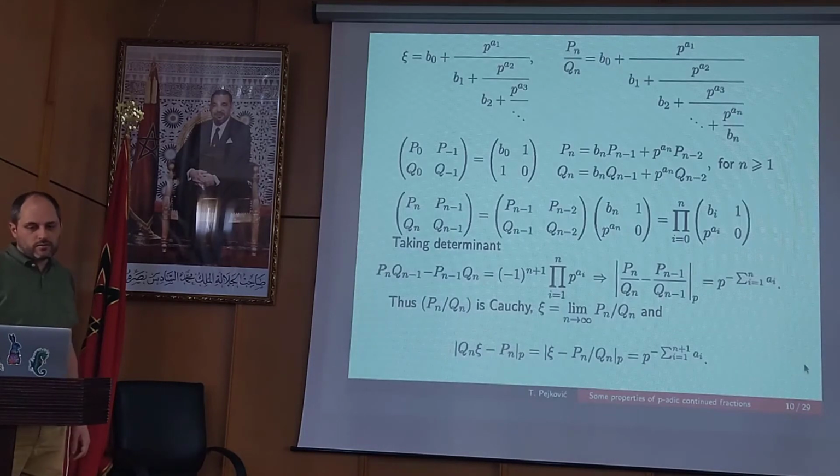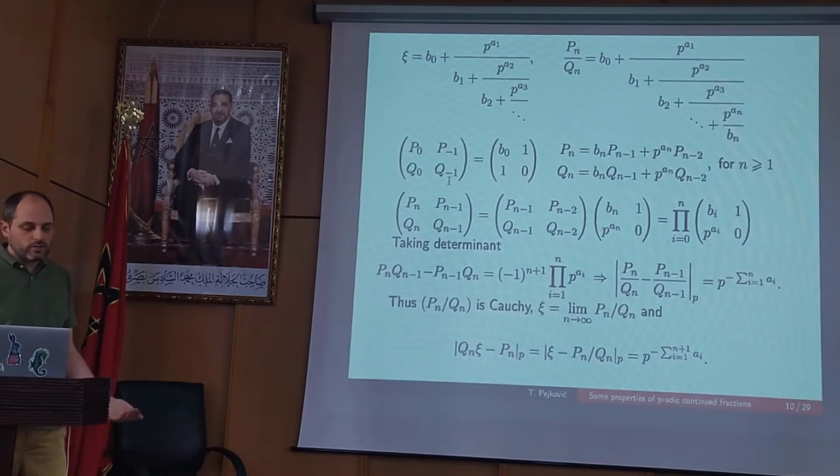So let's go in the other direction. We start from a continued fraction, which can be finite or infinite. So in Schneider's continued fraction, all of these b's are from 1 to p minus 1, and all of these a_i's are positive integers. As I said before, if we stop at some point and look at this number, then we get obviously a rational number, which we call a convergent, and these convergents satisfy some recurrence relations, which are written here,